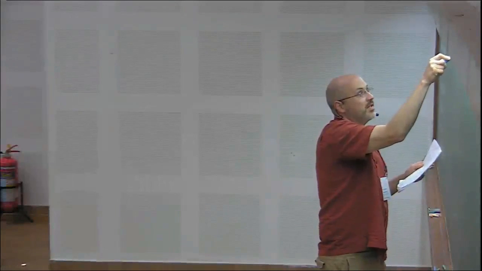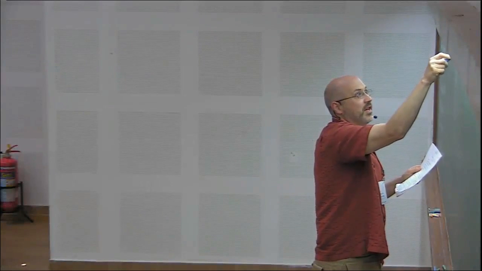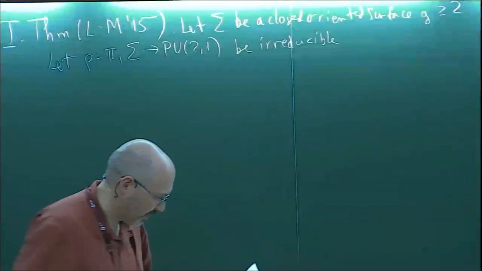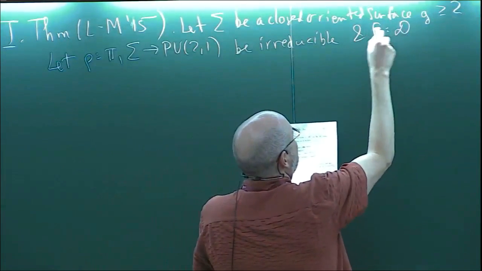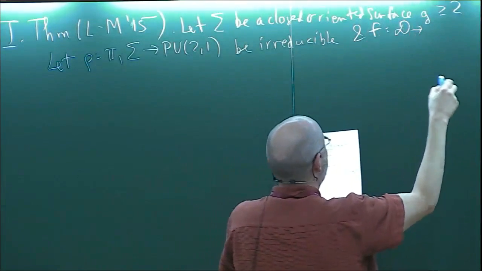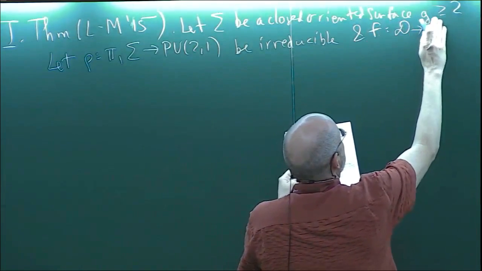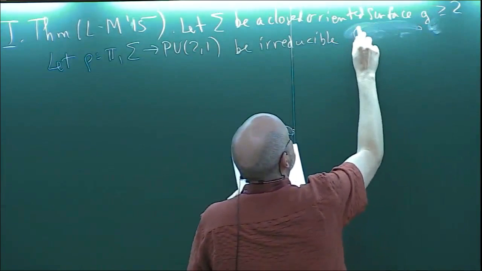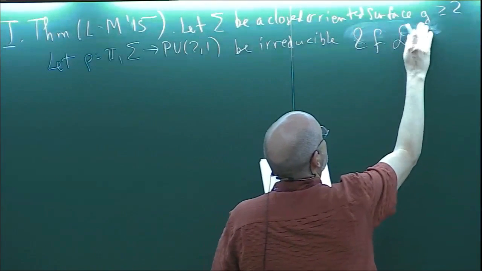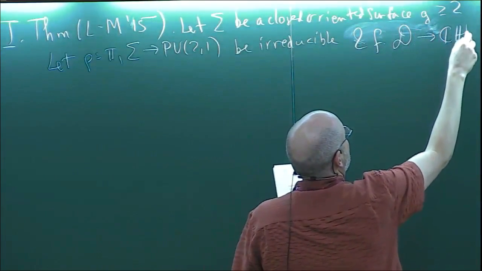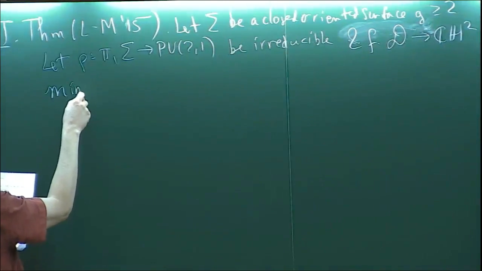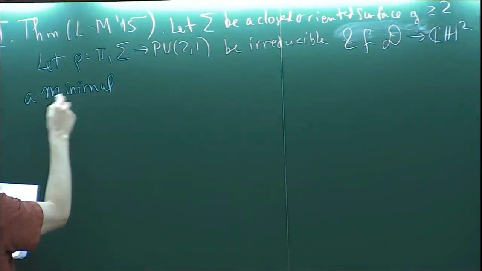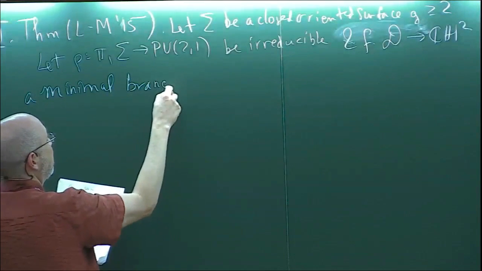I want to assume this is irreducible, which is the standard assumption for Higgs bundle theory. And we're going to have a map F from the unit disk into CH2, a minimal branched immersion,